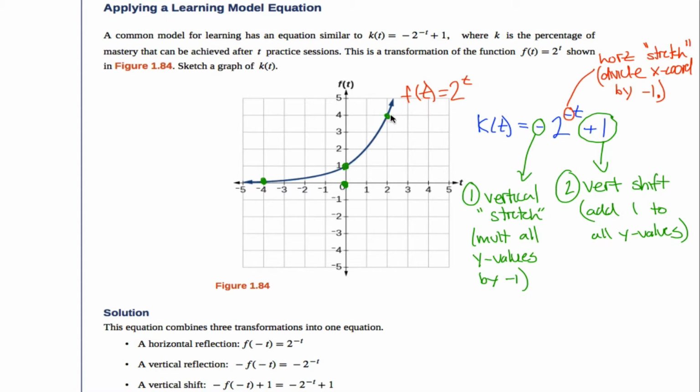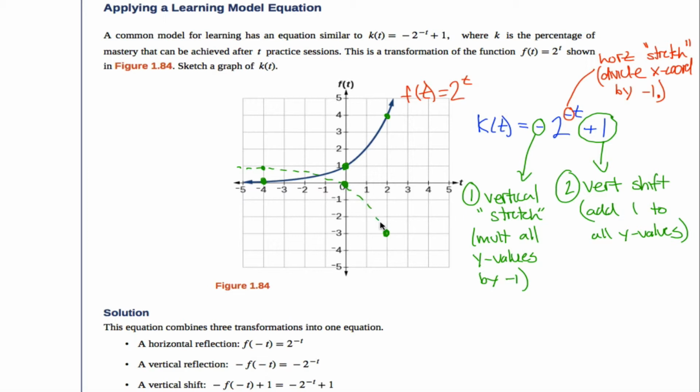What about this point that used to have a height of 4? Well, 4 times negative 1 is negative 4, but then I'm not done. I have to add 1, so that brings me back up to negative 3. What about this guy here that was damn near 0, some really small positive number? Well, when I multiply it by -1, it's still damn near 0. It's just some really small negative number. Now I'm going to add 1 to it, so that'll bring me up to almost 1, not quite, right around there. And those, I think, are enough points for me to sketch